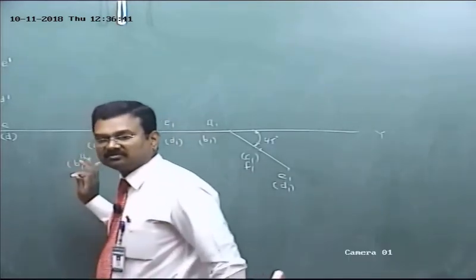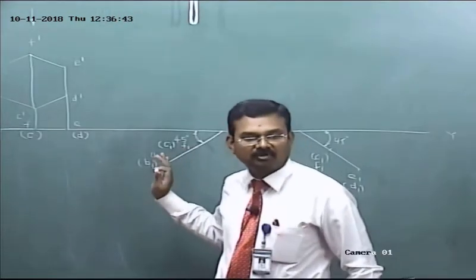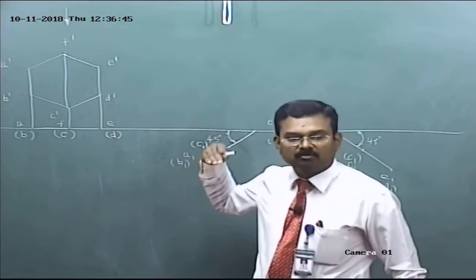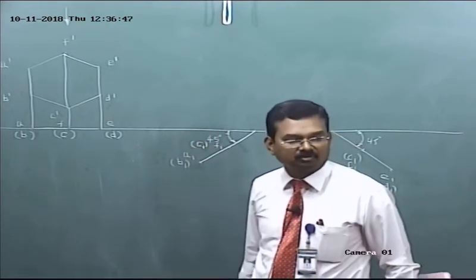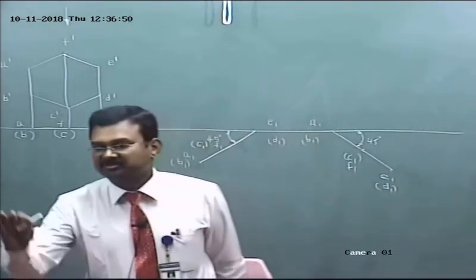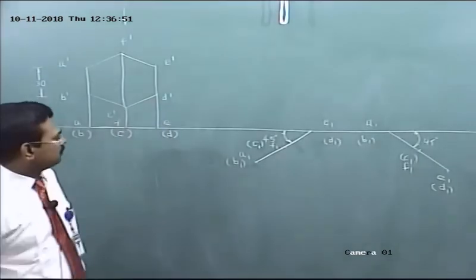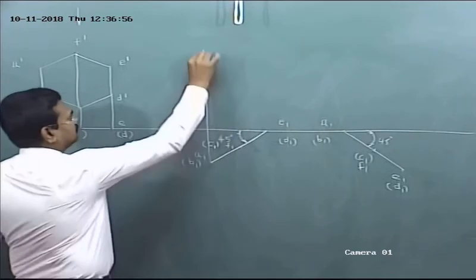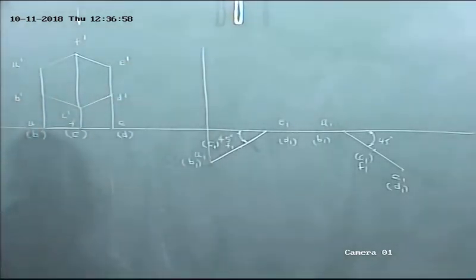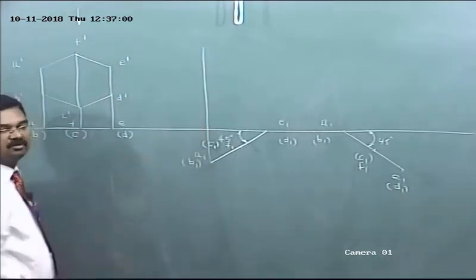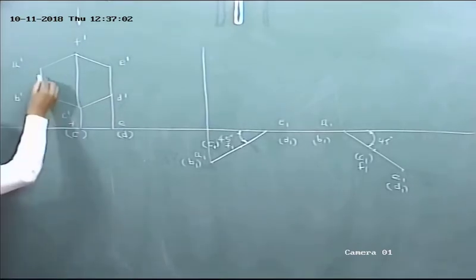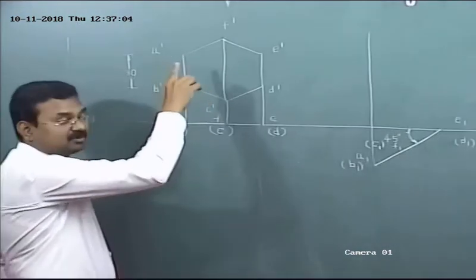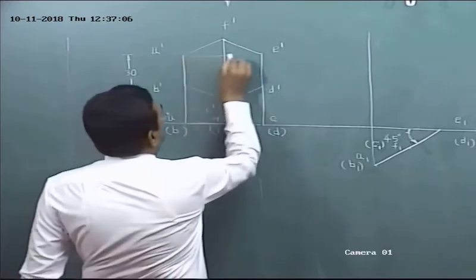So refer this. Did you understand the first step? Second step, top view? Okay. Then we have to obtain the respective front view. How to get the respective front view? First, which one is the first corner? A. Where is A? A1. From A1, draw a vertical line. The vertical projector should be perfectly perpendicular to XY. Where is A1 dash? A dash, the first step front view. From A dash, draw a horizontal line.